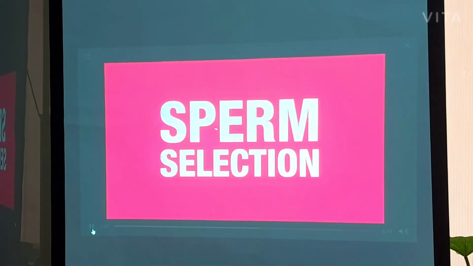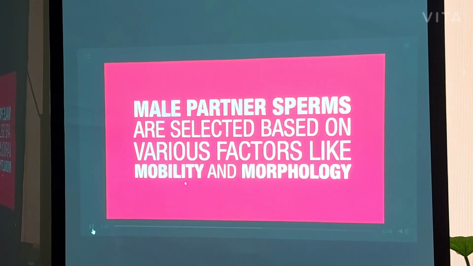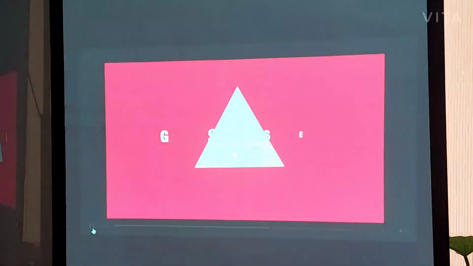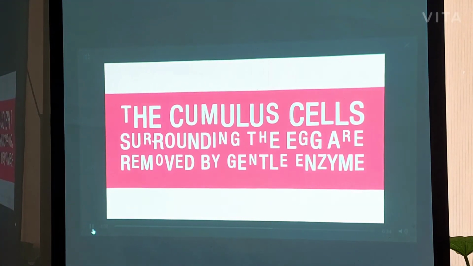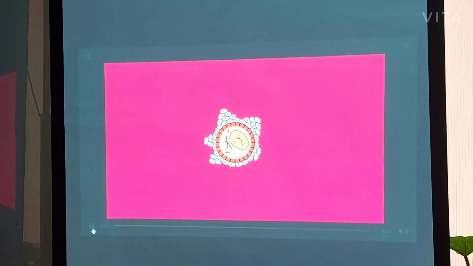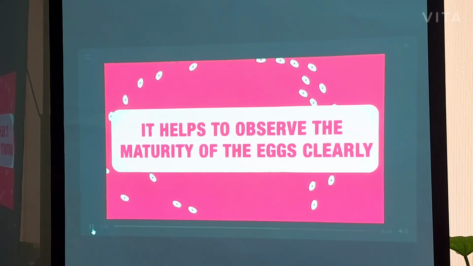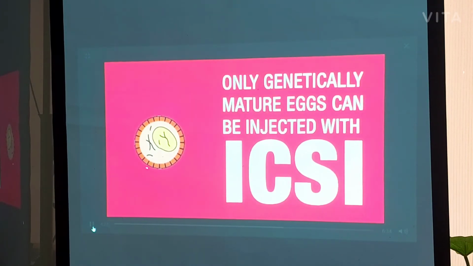Meanwhile, the semen collection is done, and sperm selection is done. The male partner's sperms are selected based on various factors like motility and morphology. They are thoroughly washed, selected and placed in a petri dish. Now coming back to the eggs that are collected and placed in the incubator, egg assessment is done. The cumulus cells surrounding the eggs are removed by a gentle enzyme called hyaluronidase. Once these are cleared off from the egg, you observe the maturity of the egg, and a mature egg is selected for